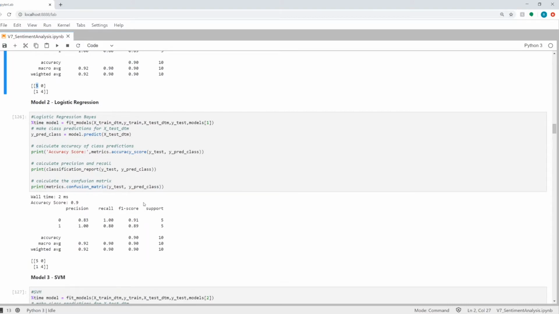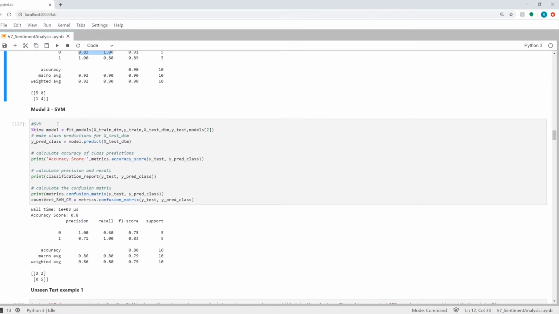Next up is the logistic regression method. It is also performing in a similar way as the naive Bayes. If you see, it has the same accuracy and the same precision and recall. And third is the SVM, which is slightly less accurate than the other two models. So you see here the precision and recall are quite low, just 70%, and the accuracy is also just 80%. You may configure the SVM in a different way so that it performs better. I'm not doing it here because this is not an SVM tutorial, it's a sentiment analysis tutorial, and I'm showing how you can create a classifier based sentiment analysis.